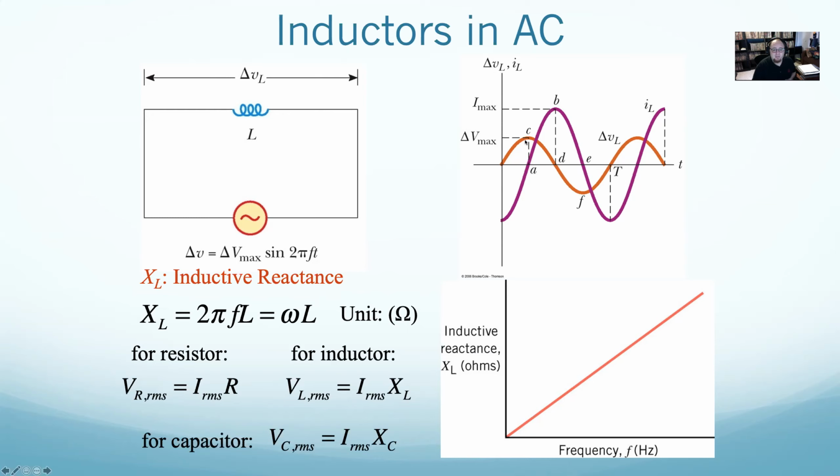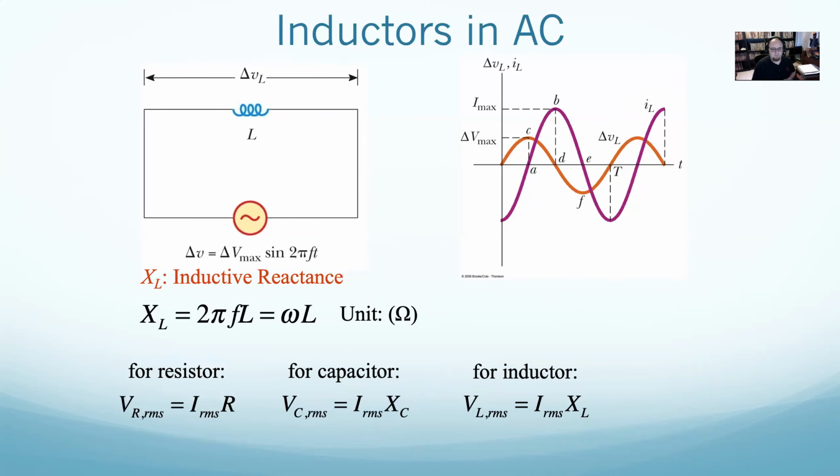going from having the maximum voltage and current happening at the same time to either the max current happening later for a capacitor or happening earlier for an inductor. Wait, inductor, I might have said that backwards. The voltage happens earlier for an inductor, happens later for a capacitor. I think I might have said that backwards, but I have the chart right in front of me showing it. This was first. And so, yeah,